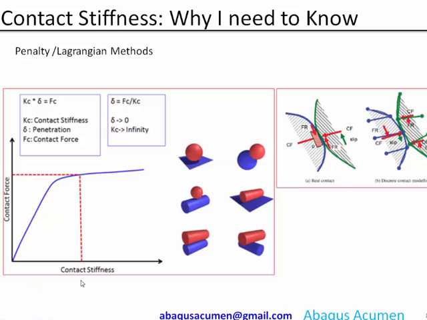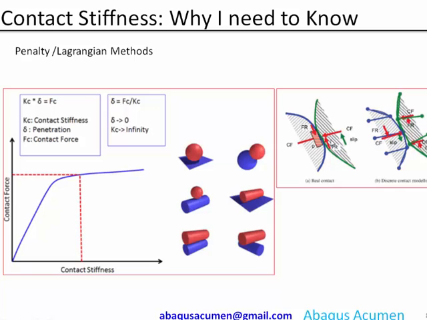Now how do we calculate that contact stiffness? Whoever is an Abaqus user doesn't have to worry about the contact stiffness. The Abaqus solver takes care of it, using an iterative process over different contact stiffnesses and contact forces with a Lagrangian multiplier. They do this iterative process and find the optimum contact stiffness, and that optimum contact stiffness is used for the two bodies in contact.